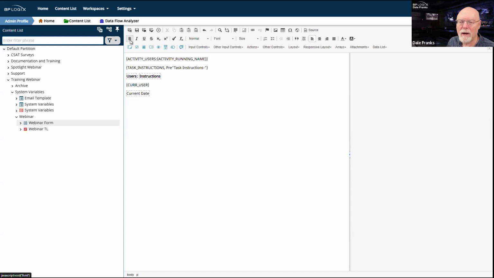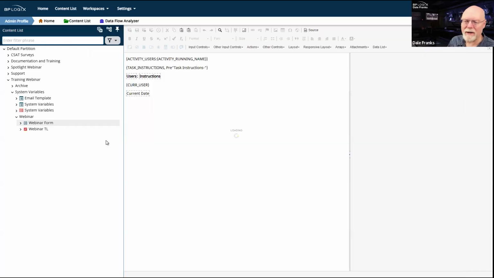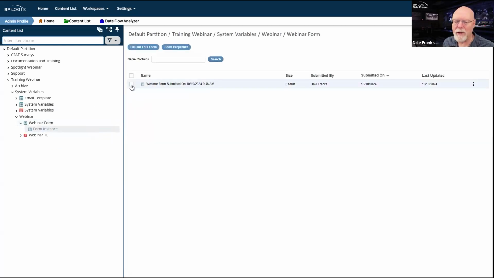Now we can run our form. Actually, did I save? No, I didn't save that other form instance. I closed it. So let's give it a second to save here. And once it saves, we can just pop open that form instance again, I believe, because I don't think that I completed my task.